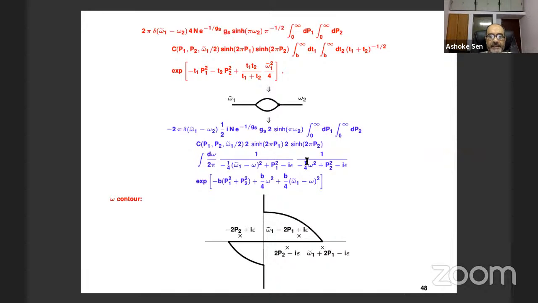Now, what is the connection between this and this? If we do a Schwinger parameter representation of these propagators, and formally carry out the integration over the Schwinger parameters and the integration over omega, once you have done the Schwinger parameterization, you get to this. But that manipulation is formal because this integral is actually divergent. This, on the other hand, is a perfectly finite integral. String field theory also tells you how to do the integral, which contour to use, and it's this contour over here.